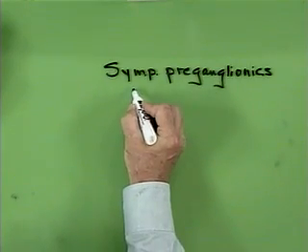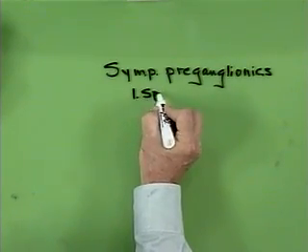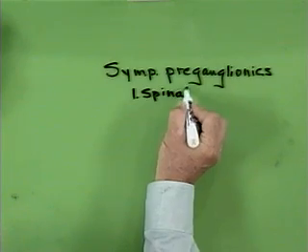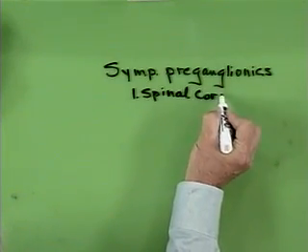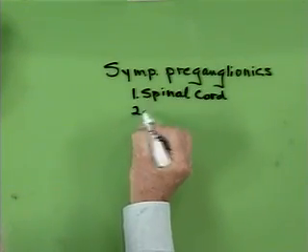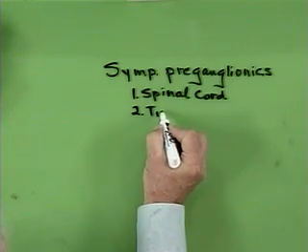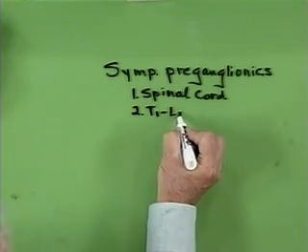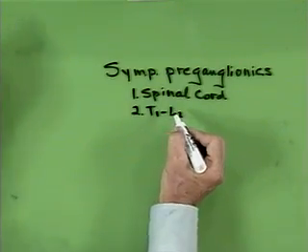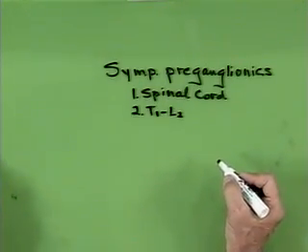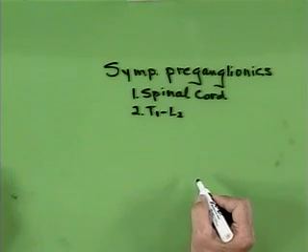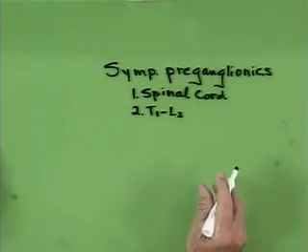Now, not only are they in the spinal cord, but I want to get a little more specific. It's not just the spinal cord, but it's specifically the T1 to L2 segments of the spinal cord. There's nothing in the cervical region, and there's nothing in the lower lumbar or sacral region